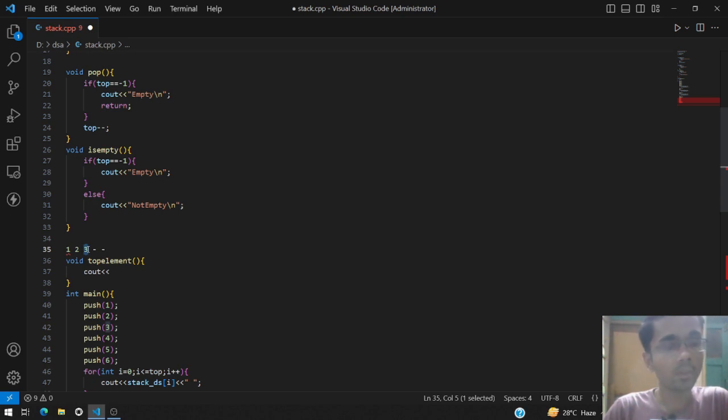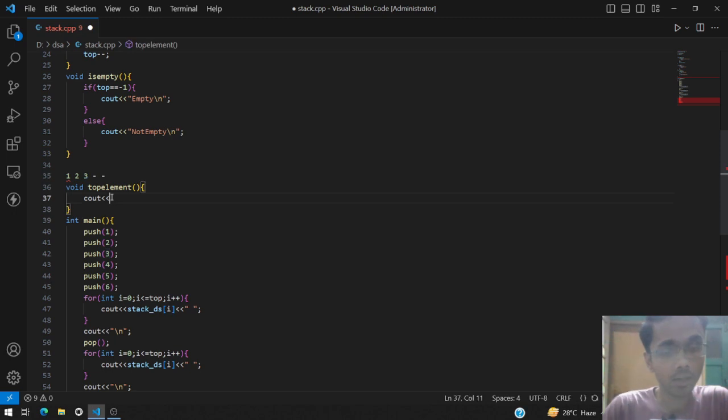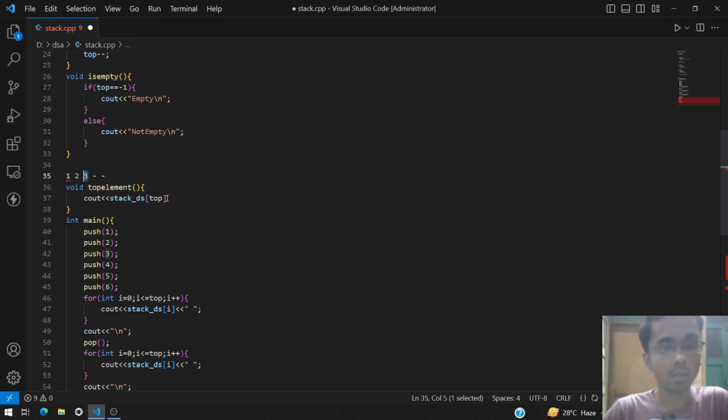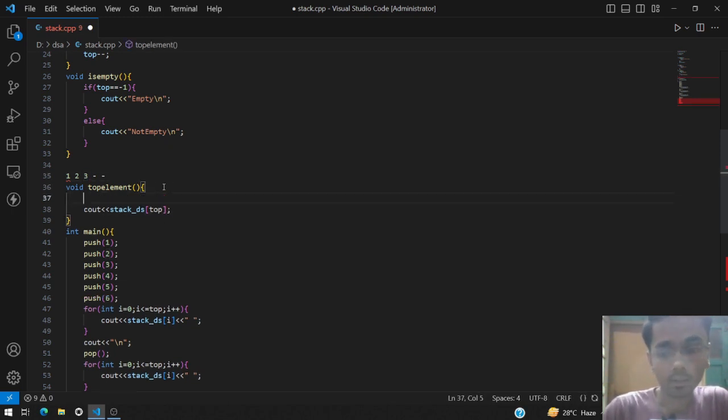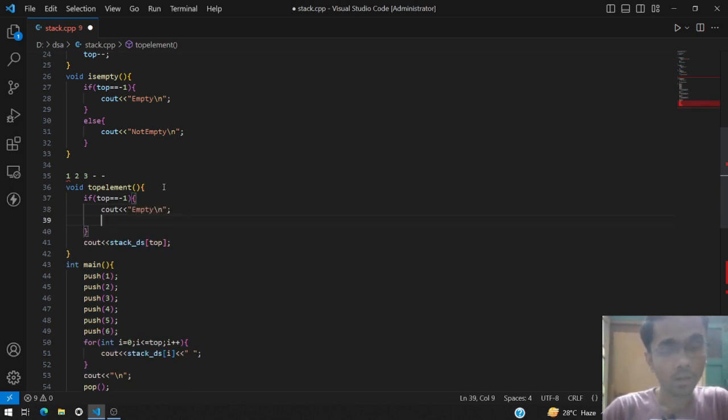We just need to display the top position, so we can just write stack ds of top. The value would be 3, so 3 would be displayed. Again, if the stack is already empty or the top is at -1, we will display empty and return after that.